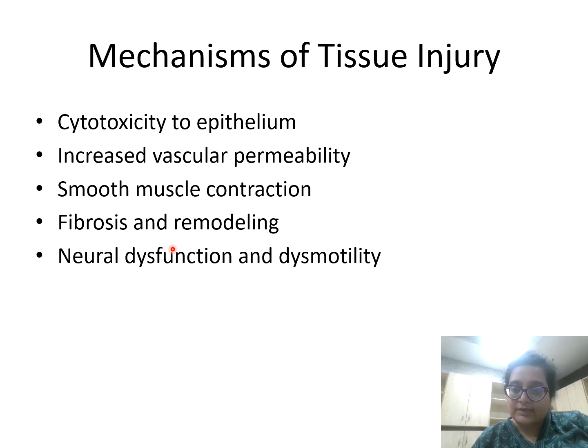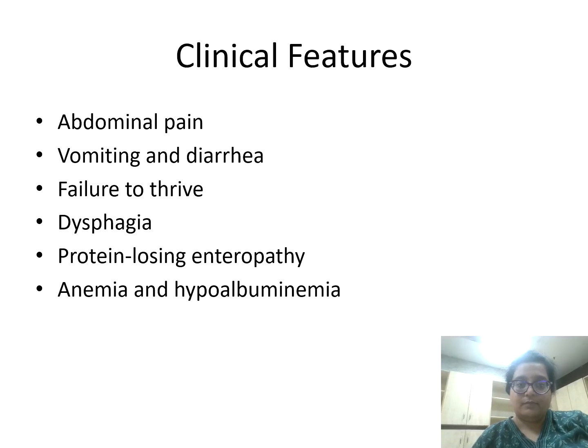So you need to understand that eosinophils, just like neutrophils, are inflammatory cells and will release chemicals. When they are in your mucosa and they exceed a particular number, that is the time they cause histomorphological changes and symptomatology which can very closely mimic an inflammatory bowel disease. Abdominal pain, vomiting, the symptomatology is similar to an IBD, nothing different.